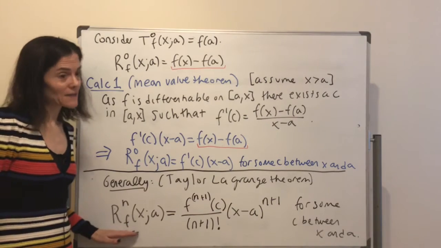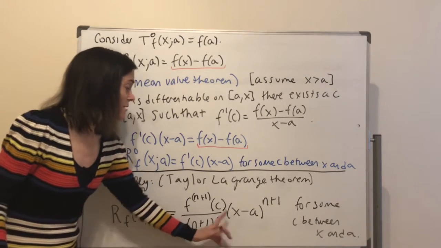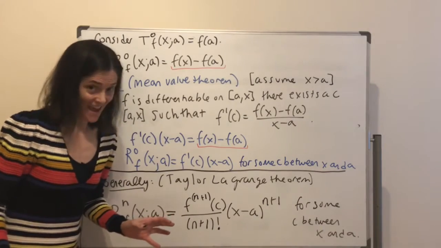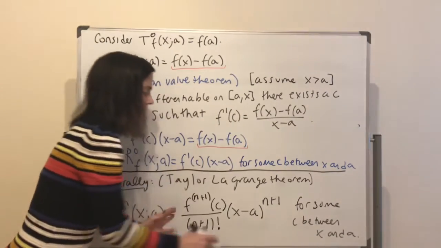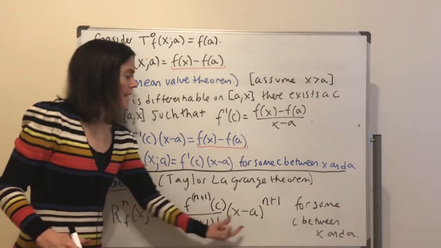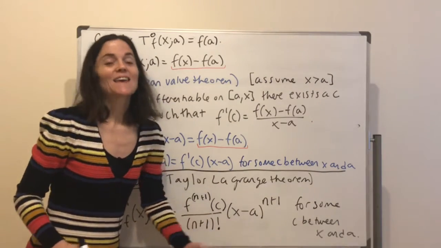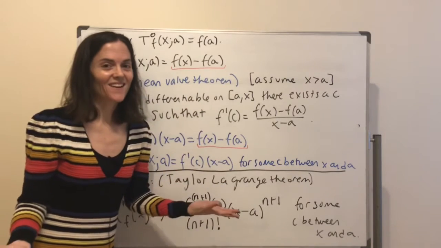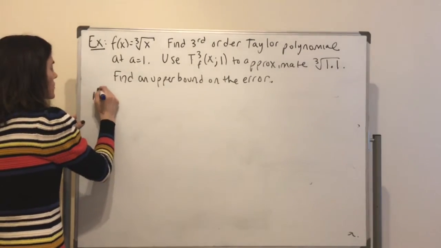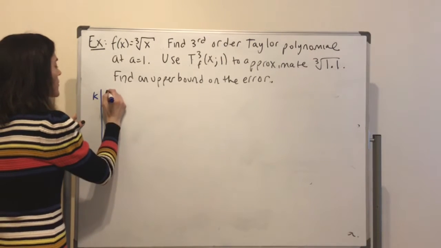This remainder is exactly this, well, for some c. But then what we're going to do, because we're interested in error, we're going to put absolute values, and we're going to look on our interval, see how big can this be, and how big can this be, gives us an upper bound on the error. And this is what we want to do. We want the third order Taylor polynomial